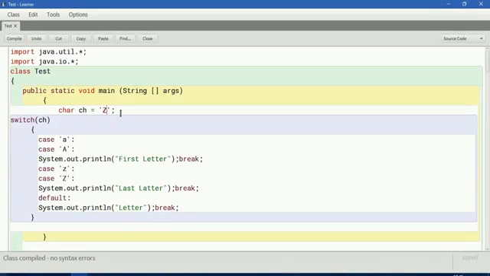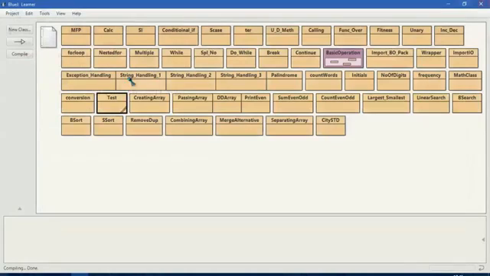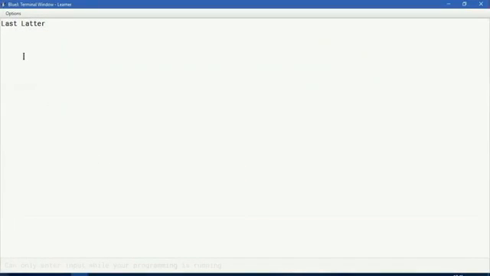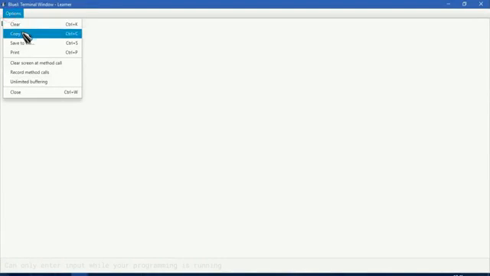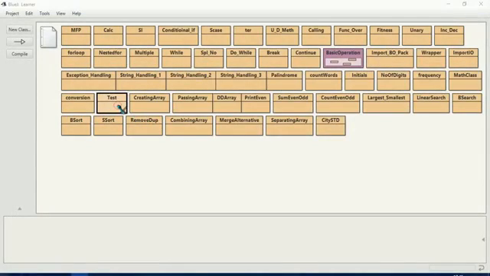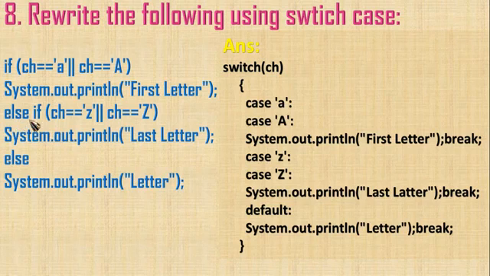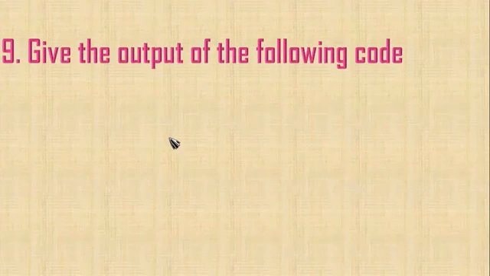So let us give here small z. So whether small or big, whatever it is, it had given last letter. In problem statement also, small z or capital Z. So it prints last letter. Let us go to next question.